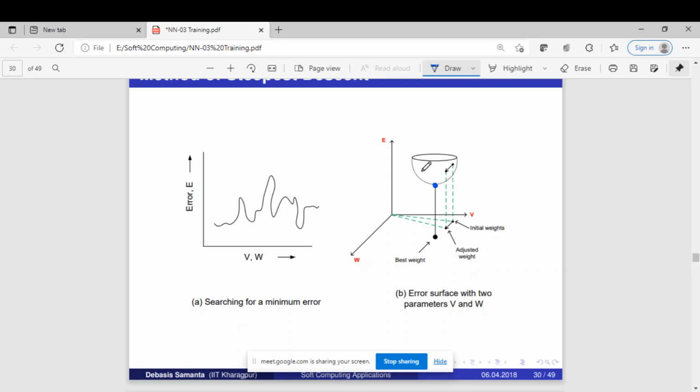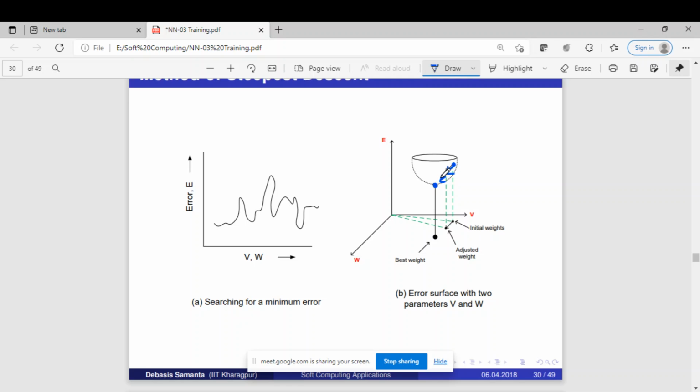Say this is the optimal solution. The optimal solution is at this point. Say currently this is our solution, so it means there is this much error. Now with back propagation we are going to adjust the error. After adjusting in one round, the error may reduce to some extent, so in the next round our solution may be here. It is coming down. Like that we should come down and finally reach this position where there is no error or the error is very minimal. This is what is happening in back propagation.